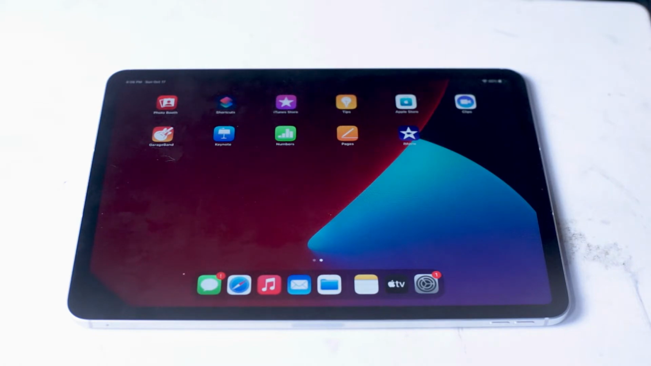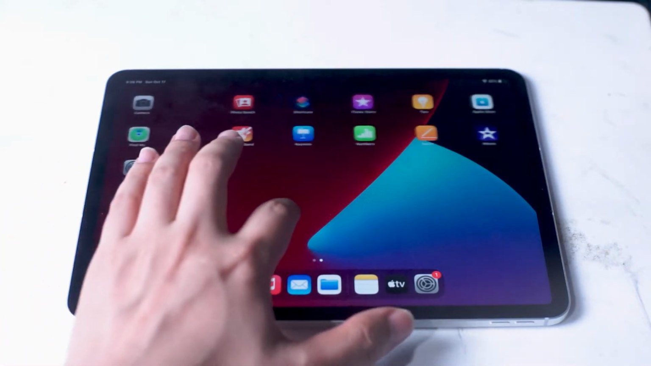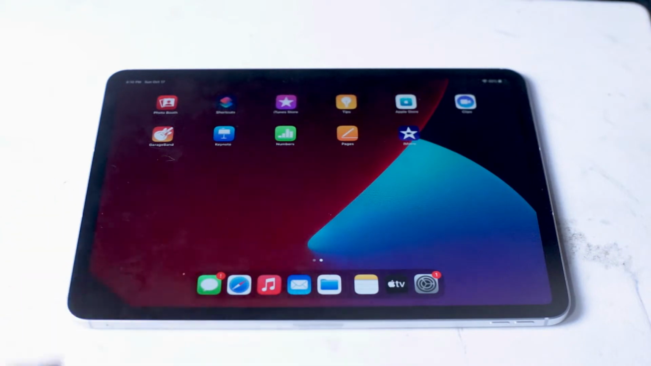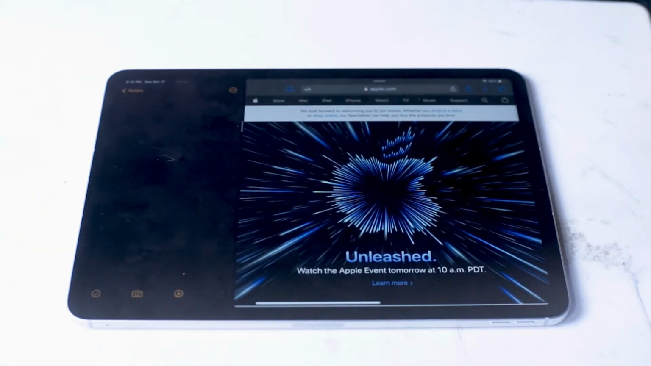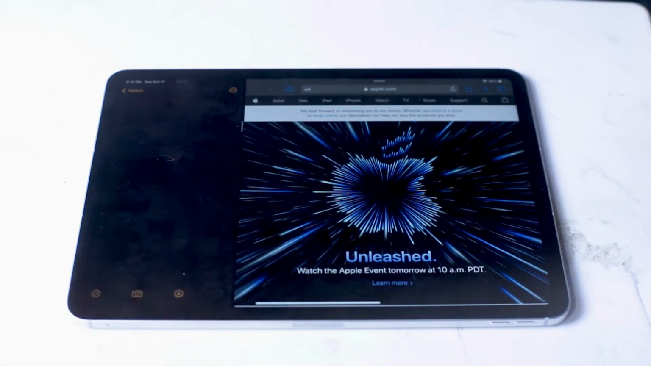In this video, we'll be looking at how to add a home button to the screen on your iPad. This will work for most versions of the iPad, including the iPad Pro, 11 and 12 inch, the iPad mini,